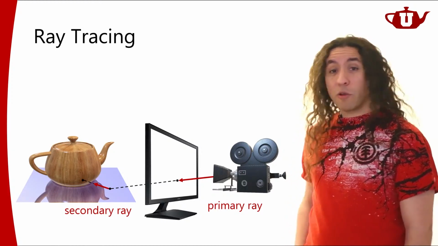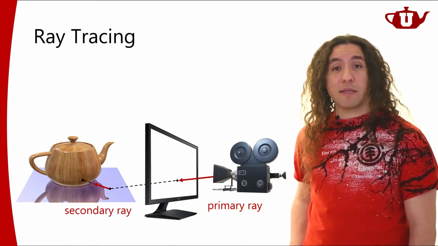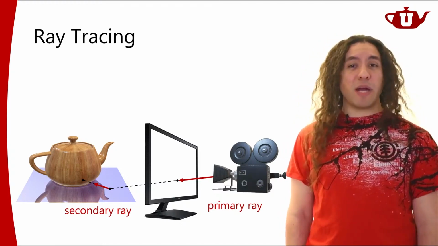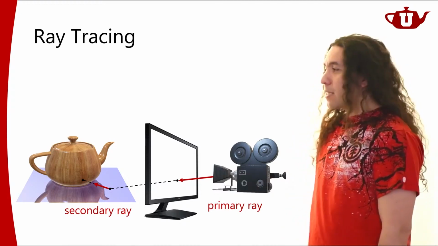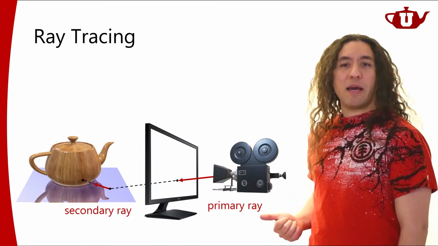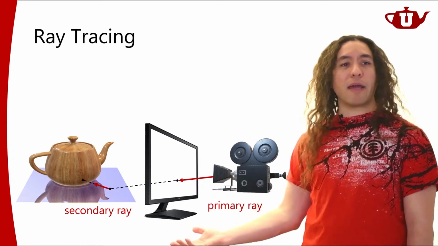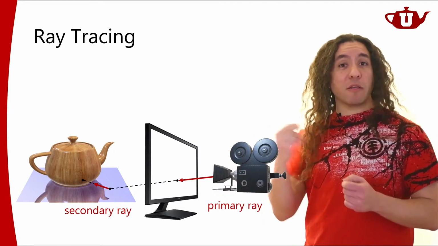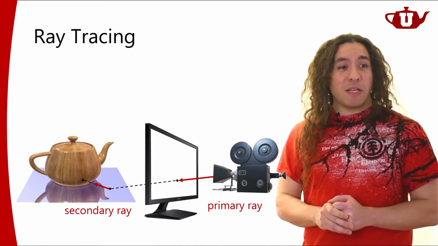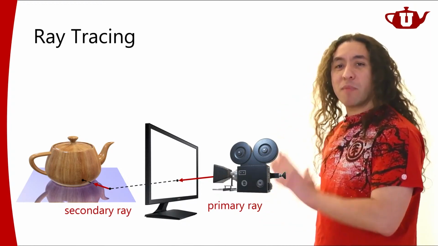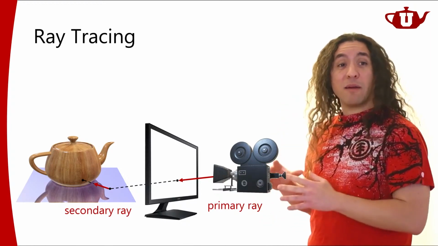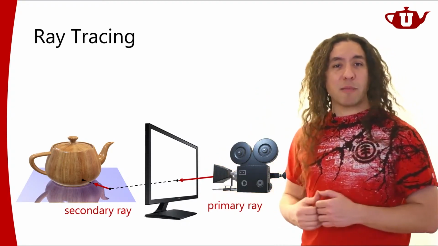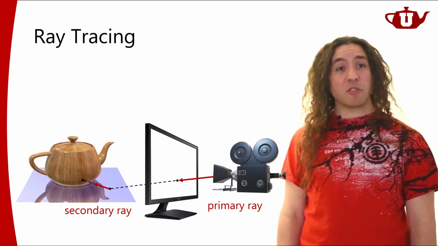All sorts of reflections, all sorts of different types of secondary rays are very, very easy to handle in ray tracing because they use exactly the same ray tracing algorithm. So from the perspective of ray tracing, there is no difference between a primary ray and a secondary ray. It's just a ray. And all it does is figure out what triangle you hit with that ray. So I can use exactly the same algorithm for solving more general problems than just the primary visibility problem that rasterization algorithms are able to handle.